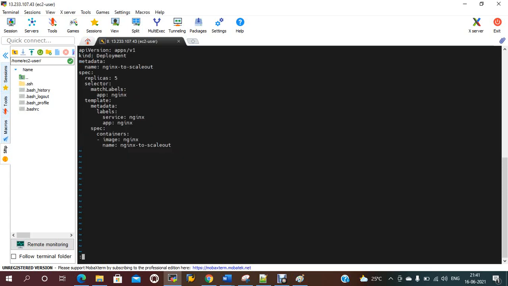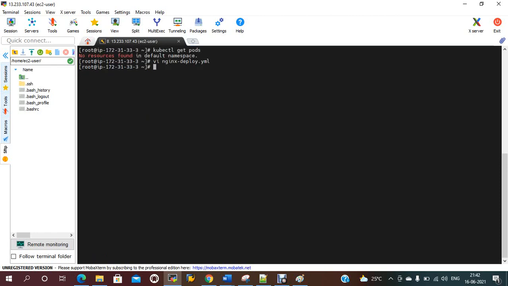Currently let me give 10 replicas. If my replicas are increasing and these two nodes don't have sufficient resources, then it will create another one, right? kubectl apply -f nginx deploy.yml.